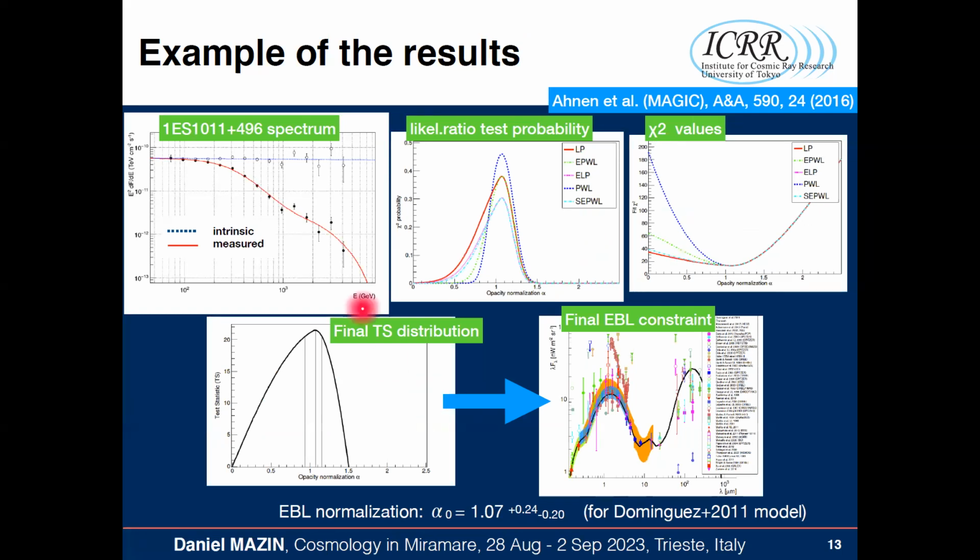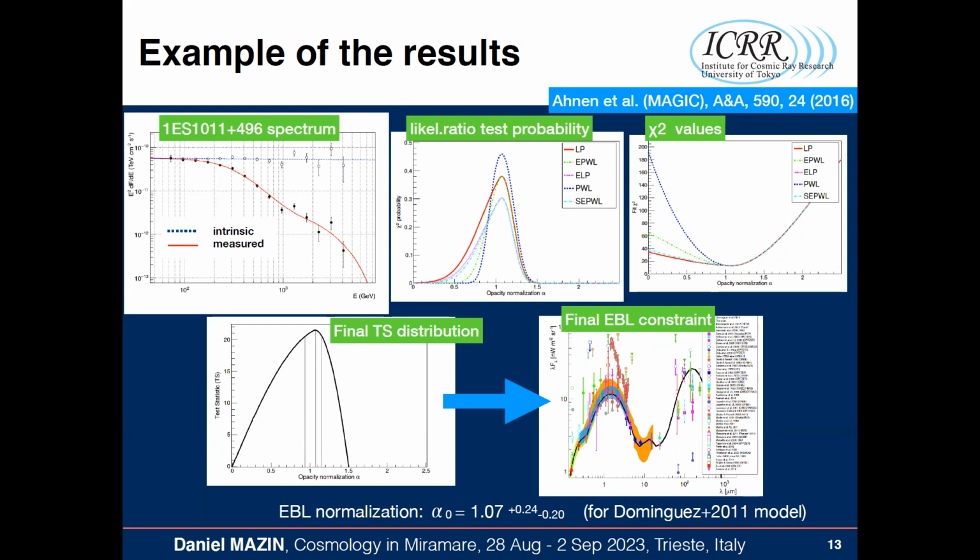And it's an example of the result for a given source, which is at a given redshift. You have this test statistic for different hypotheses of what the intrinsic spectrum of this source was, whether it was a log parabola, power law spectrum, or whatever. And then you can translate this limit into the EBL allowed band. As you can see here in blue is what you get statistically from just a single gamma ray source. This would be constrained on the extragalactic background light normalization statistically, and then if you include systematic uncertainty, you get